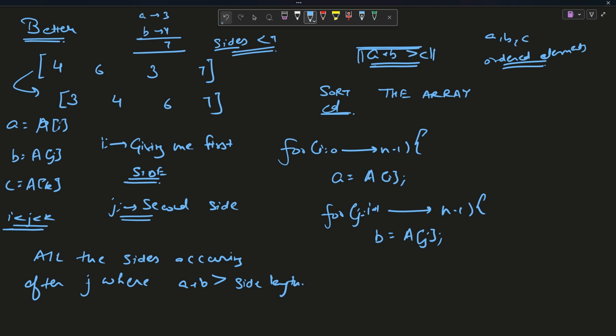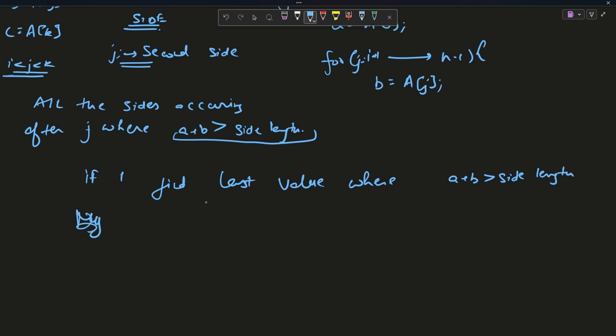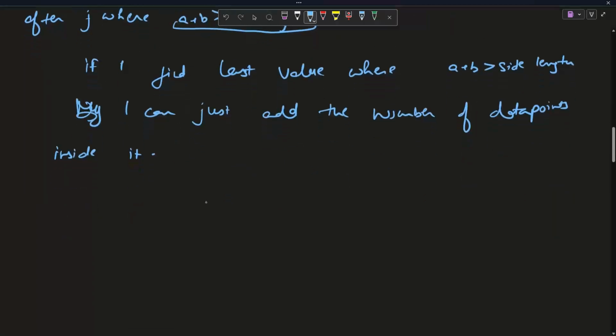Can you see that if I want this inequality, that means if I find the last value where a plus b is greater than the side length, I can just add the number of data points inside it. What do I mean to say? See,